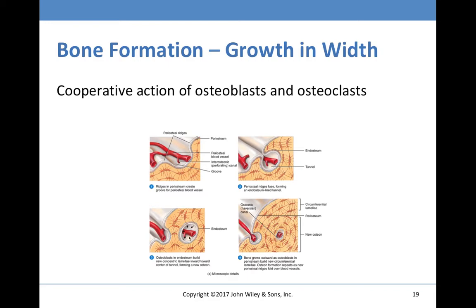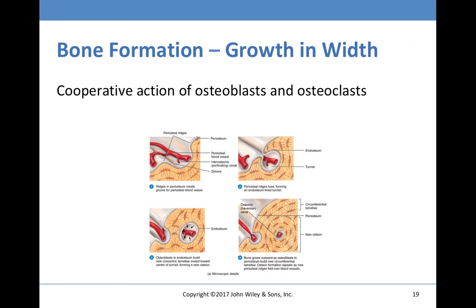So this adds new bone tissue by osteoblasts around the outer surface of the bone, and then to a little lesser extent, the internal bone will dissolve by the osteoclast activity in the bone,